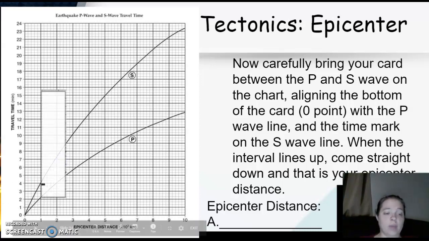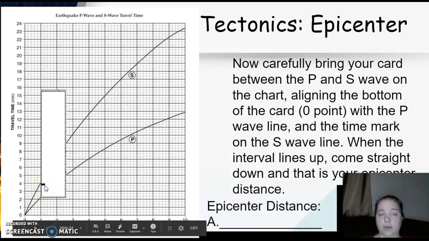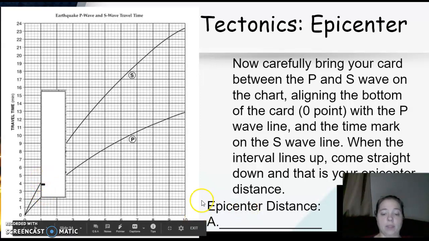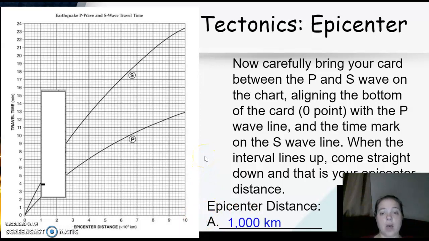So I'm going to drag up that line and drag it until I get to here. And I find that, ooh, look, my epicenter distance at A is 1,000 kilometers. All right, let's look at